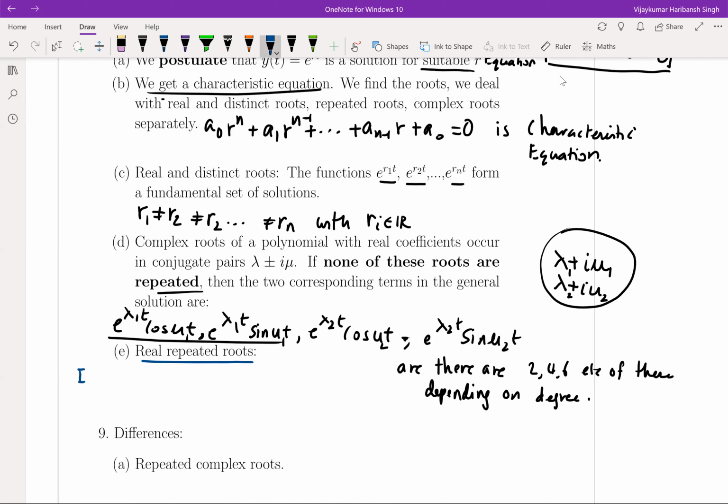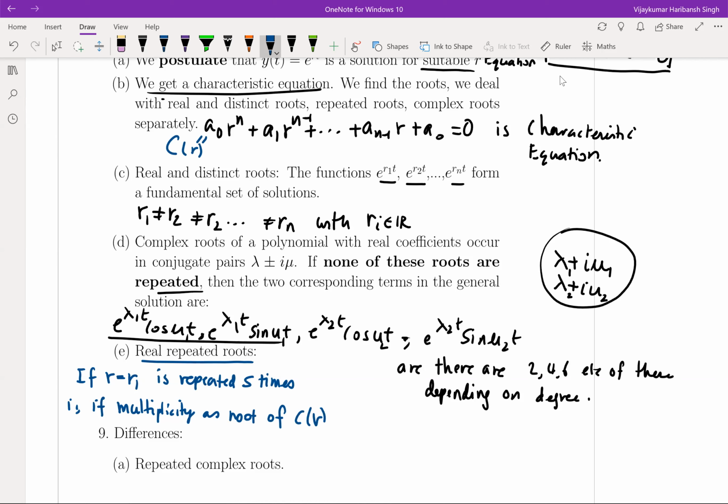So if r equals r1 is repeated s times, that is, if the multiplicity is s as a root of the polynomial, let's call it c of r, the characteristic equation, with multiplicity s, then